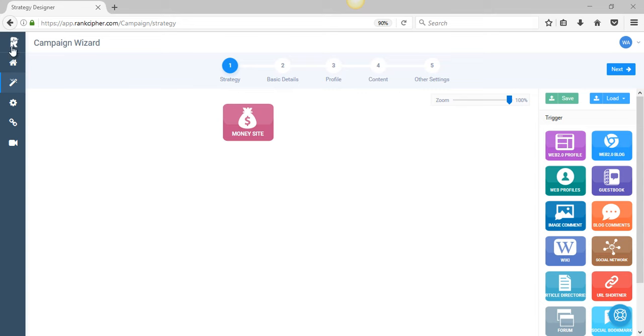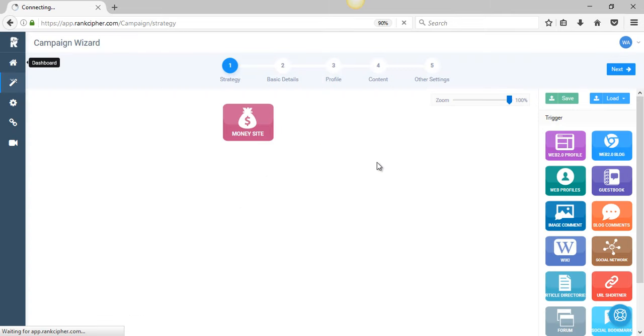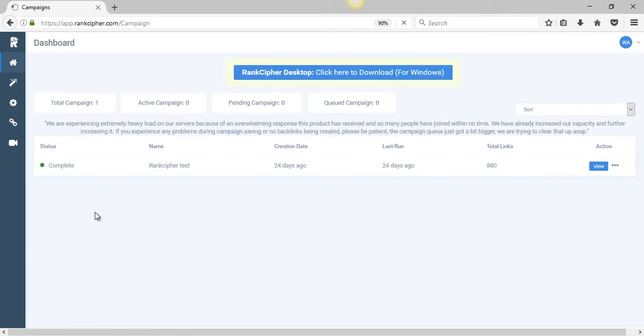Another issue some people are facing is that they see the campaign status as unstarted. Over here right now, you can see this is complete, but some people are seeing the status as unstarted, and when they try to run this campaign from this run all button, they are not able to start the campaign. So whenever you see the status unstarted, it means you do not have a CAPTCHA service enabled in the